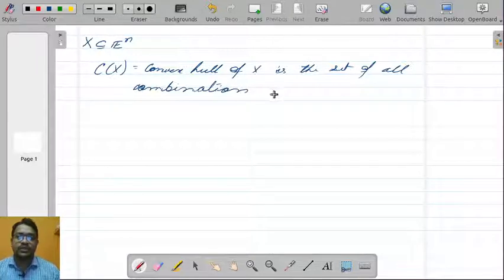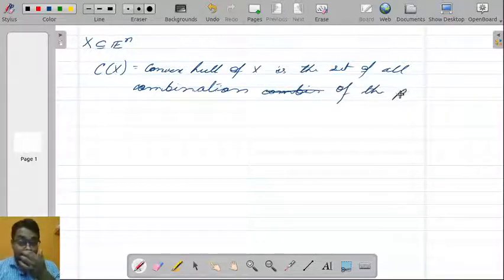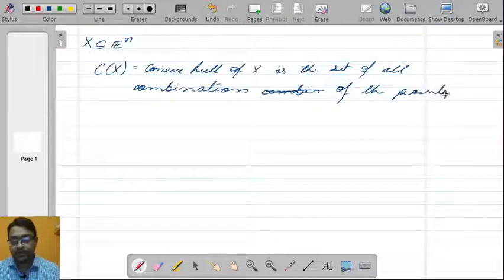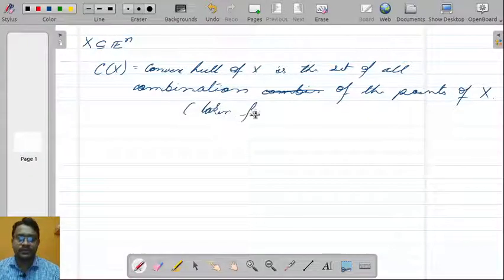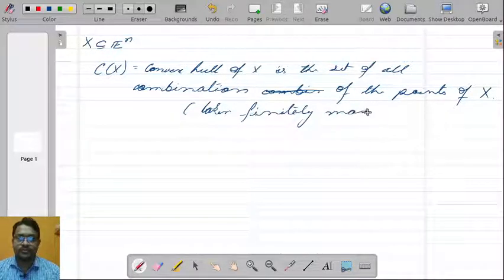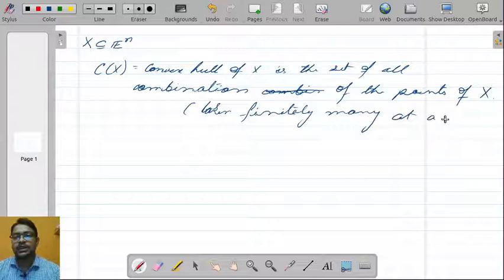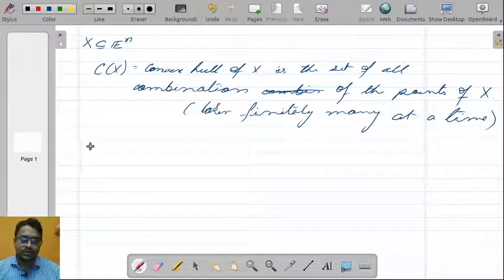So it is the set of all convex combinations of the points of X, taken finitely many at a time. This one I had already written,